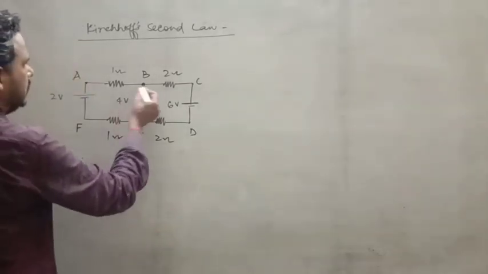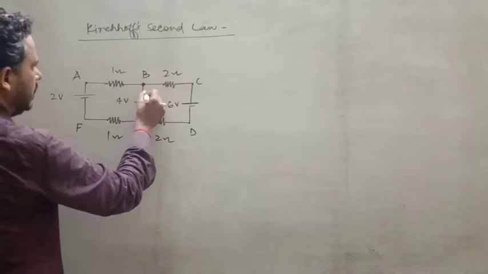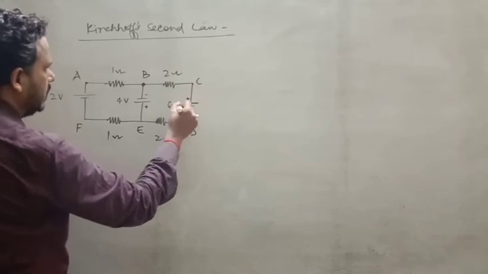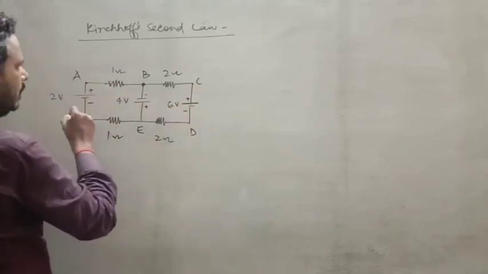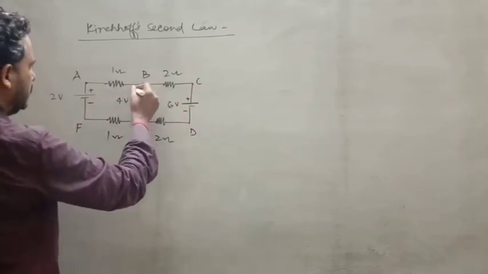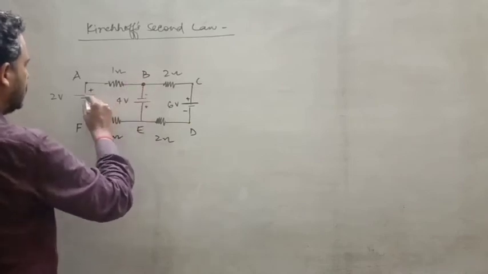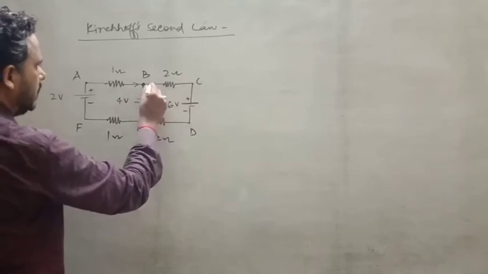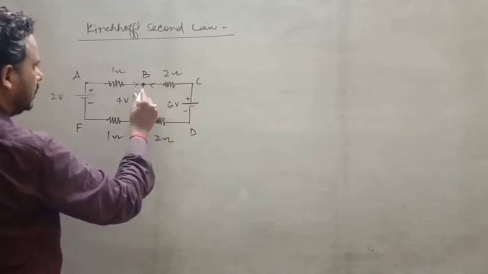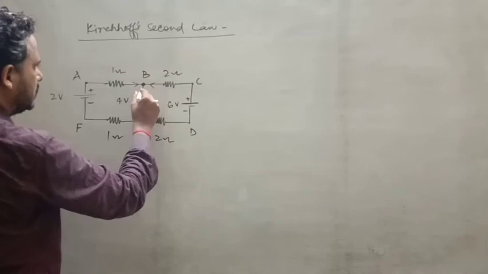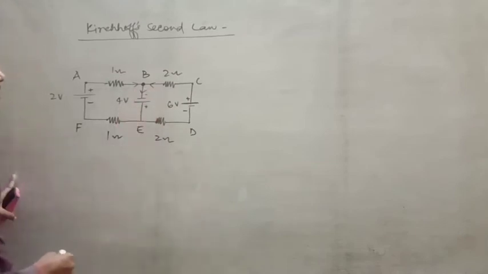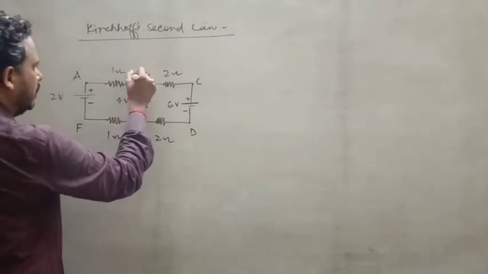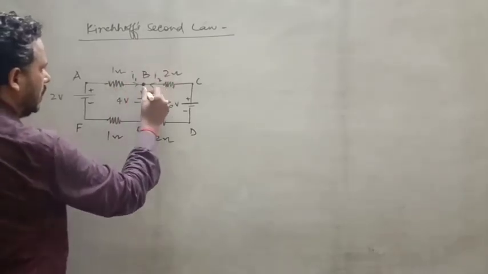So just seeing here that this one is negative, this one is positive, this one is positive, this one is negative, and here is positive and negative. So we just consider the direction of current. Suppose current is coming here, and this one is also coming here, and because this one is coming, this one just takes outgoing current here. Alright, this one is the direction of current. Suppose this one is I1, this one is I2, and this one is I3.